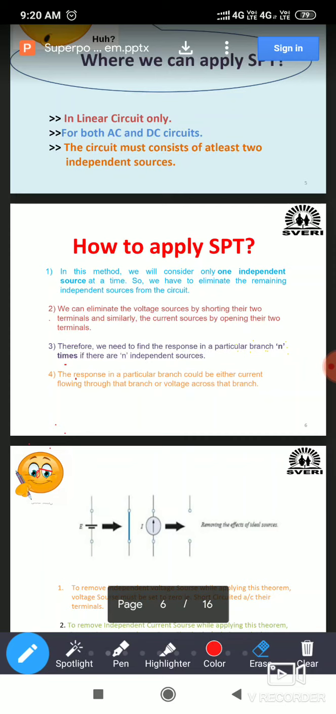Now next one, the response in a particular branch could be either current flowing through that branch or voltage across that branch. I already told this while explaining the statement of superposition theorem, the response may be a current flowing through that branch or voltage across that branch. So next one,